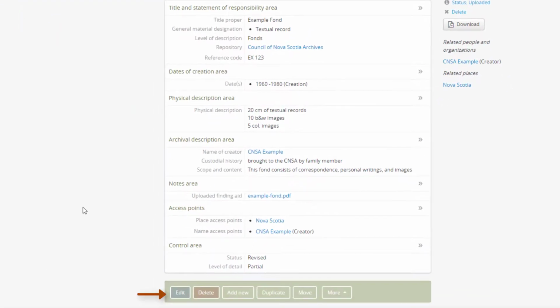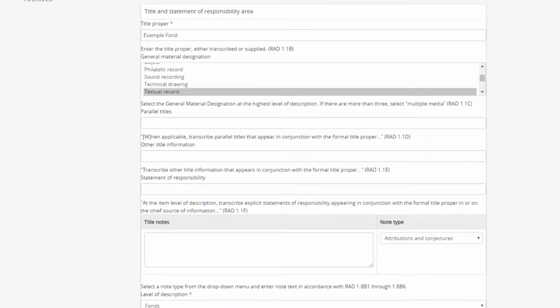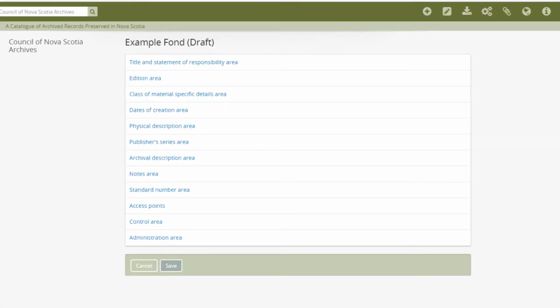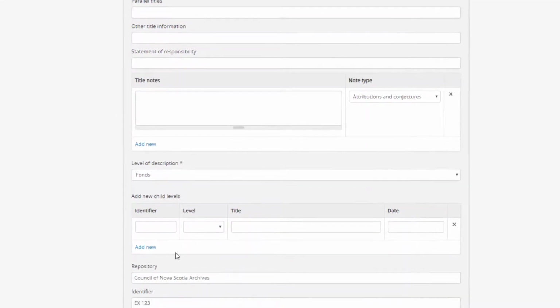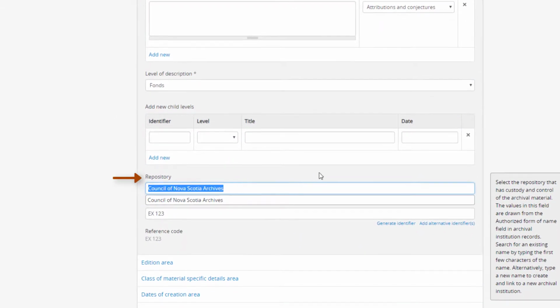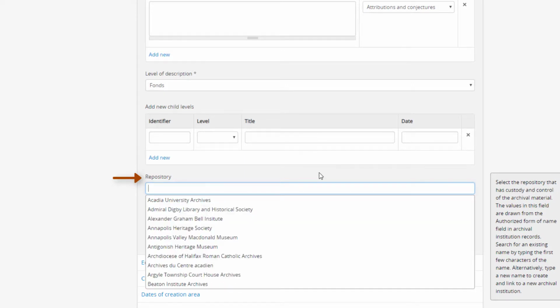Let me draw your attention back to the editing function. And I want to talk to you briefly about drop-down menus. If we go to the title of area and responsibility and go to repository, many institutions are making this mistake and are quickly typing their institution's name into this bar. However, it is very important that you slowly write in